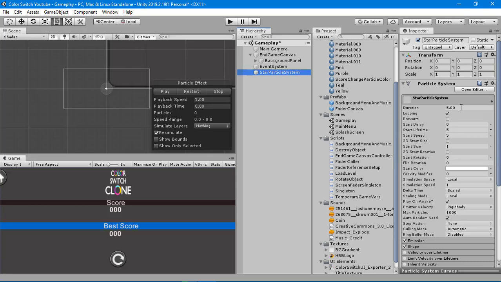So it's the duration of our particle system, the length of time the particle system is emitting particles. So it's for how long our star particle system will emit the particles. Let's make it 1 because this shouldn't be so long. And it shouldn't be looping, so it shouldn't emit the particles repeatedly,